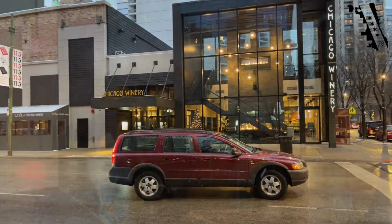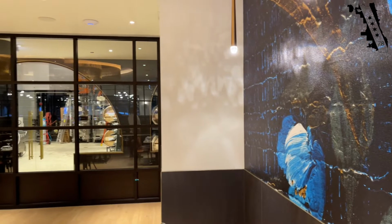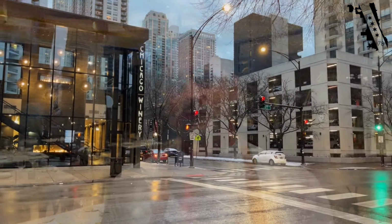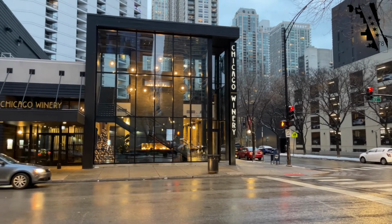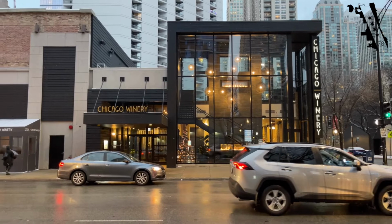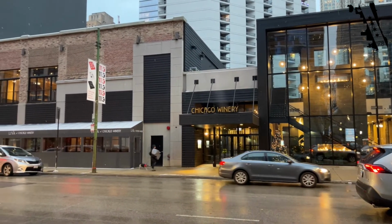Let's have a drink. All right, it's prep time here at Liva Restaurant in the Chicago Winery, and I'm here with Executive Chef Andrew. How are you, sir? Good, good. So this is fairly new. It just opened in November. It's a new welcome addition to Chicago, but you guys put a winery smack dab in the city of Chicago. Well done. Yeah. It's a very unique thing, I think, for the city of Chicago to have something like